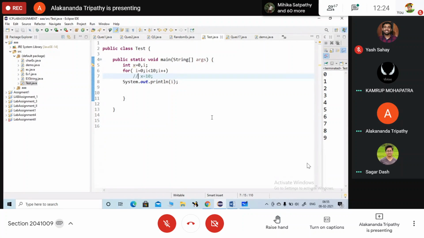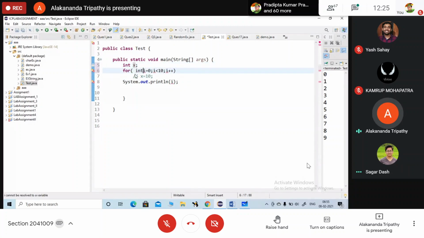Ma'am, what is the meaning of this statement that int x is equal to 0 and again you are initializing x is equal to 10? Tell me, if I do not put x equals to 0 here, and I just write in this manner: int i, here x equals to 10. So what is happening?